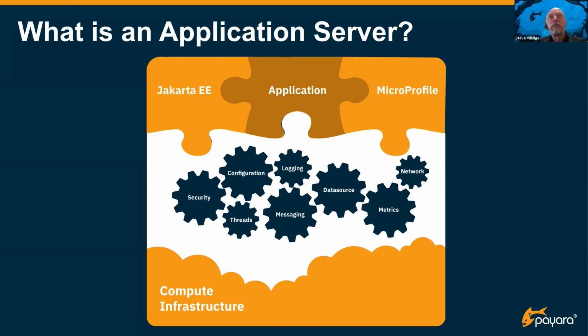So your job is to write the application, use the Jakarta EE or MicroProfile APIs, and then gain the benefits of all this functionality that's provided for you. So using that sort of definition, many other runtimes that would claim that application servers are heavy and slow are also effectively the same thing. And we'll look at that in a couple of deployment model slides.